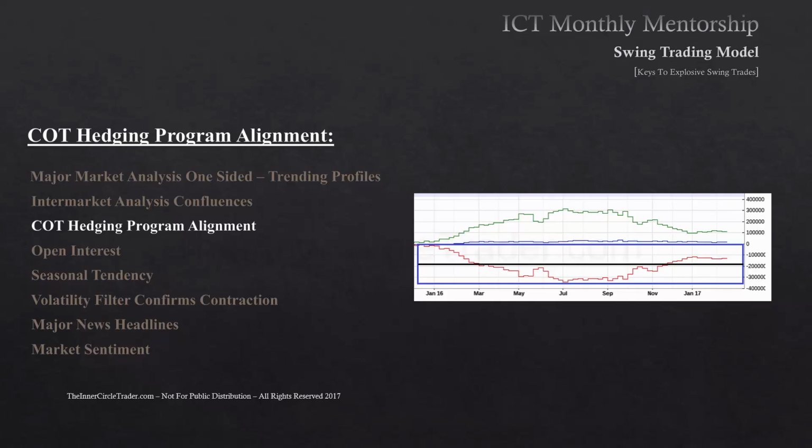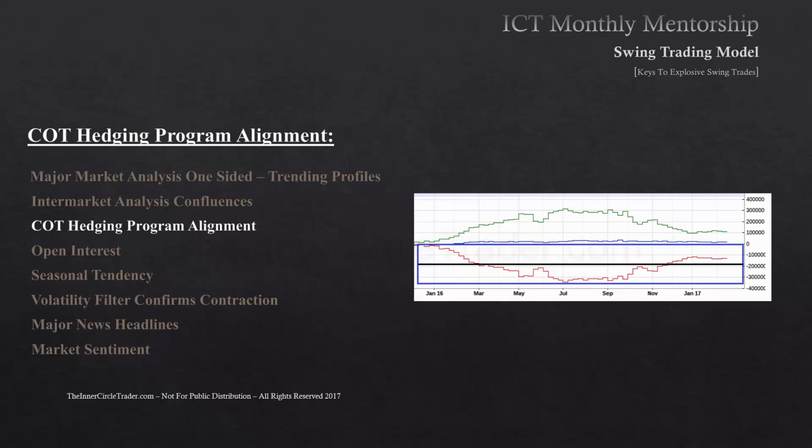You can see from January 2016 all the way to the present, they have been below the zero line. That in itself, by standard definitions and by way of teachings by Larry Williams, who did the majority of the early work on Commitment of Traders reports being made public, this would be deemed as